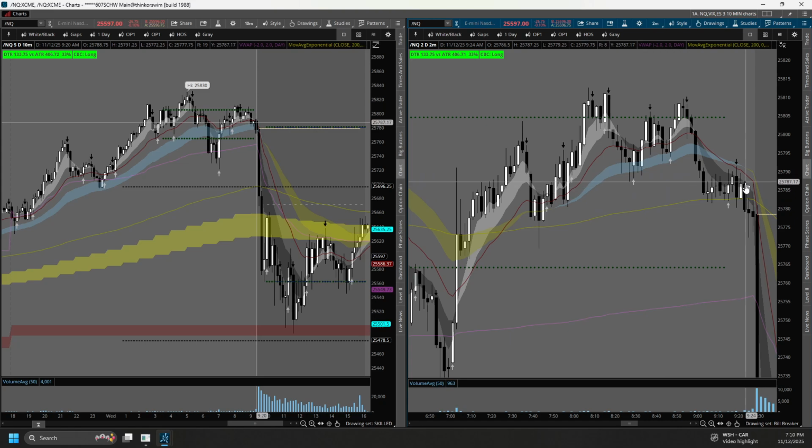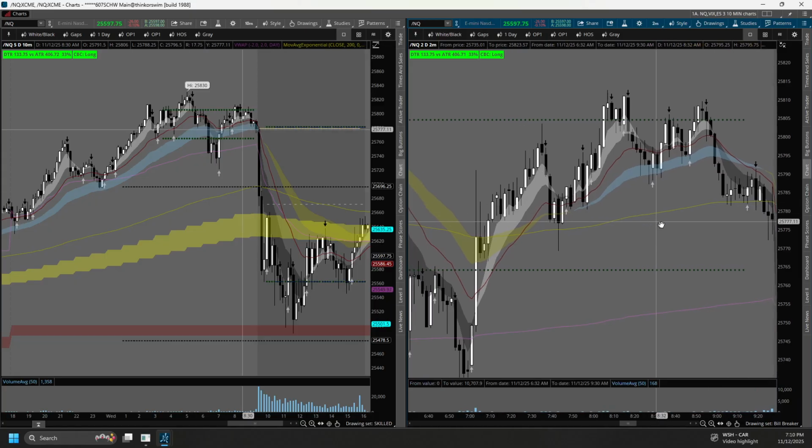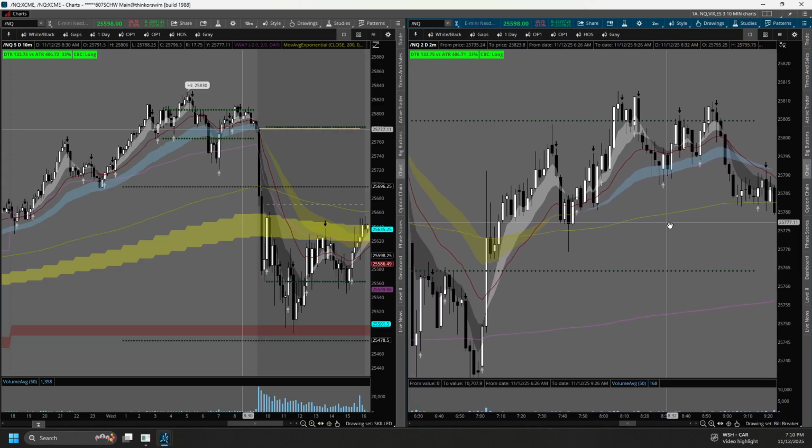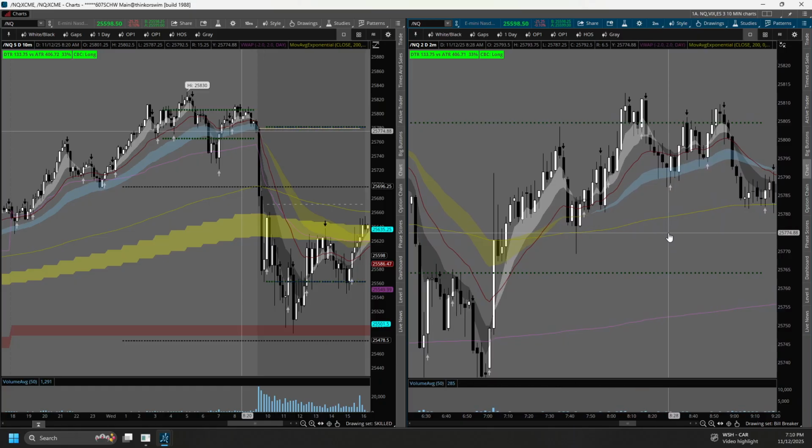This is a 5/12 cloud, but you're obviously between the 9 and 20, a fantastic place to short. It pushes up, you wait, you see it start to come back down, and again, you've already fulfilled the bill breaker range to the 80s, yes, but you're not even going back over the 90s. You couldn't close back over the 90s. So it's another thing that says, hey, this looks pretty weak. Overall, if you knew nothing else, this doesn't look good, right? You could disregard the 2-minute 200. So it doesn't look too good.